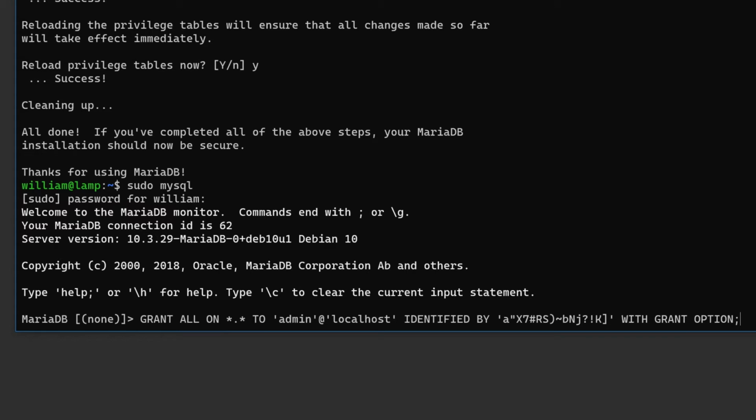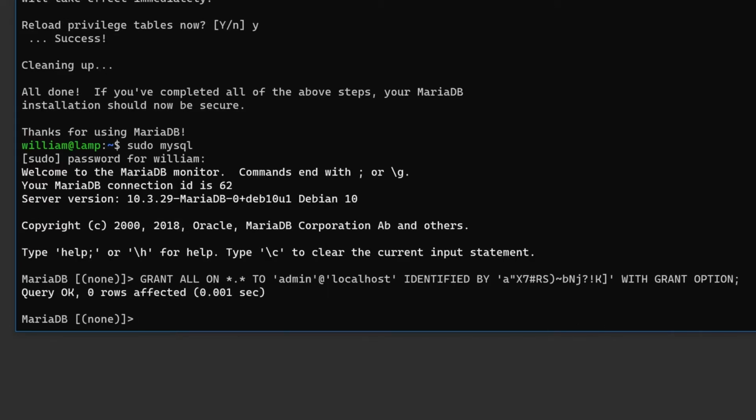SQL commands end with a semicolon. This is important. Without the semicolon, the database server expects more input and waits for it. Press Enter. If you got all of that right, the response should be Query OK.